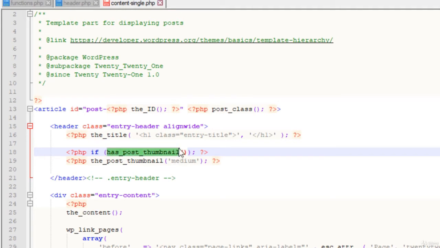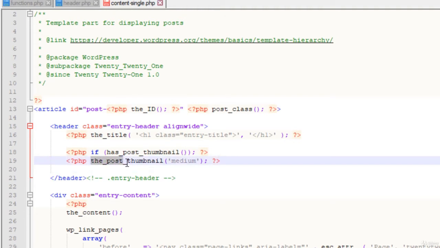So first of all, I'm checking to see if my post has a thumbnail, then display the thumbnail. This condition, this template tag right here, the underscore post underscore thumbnail, is what is used to display the featured image of your post. Just like the underscore title is used to display the title, the underscore excerpt is used to display the excerpt. The underscore post underscore thumbnail is the template tag pre-built in WordPress that will display your